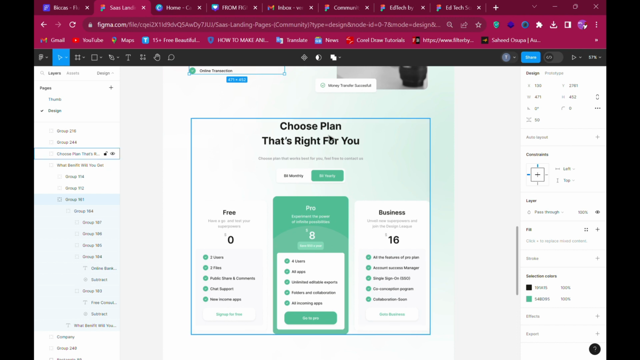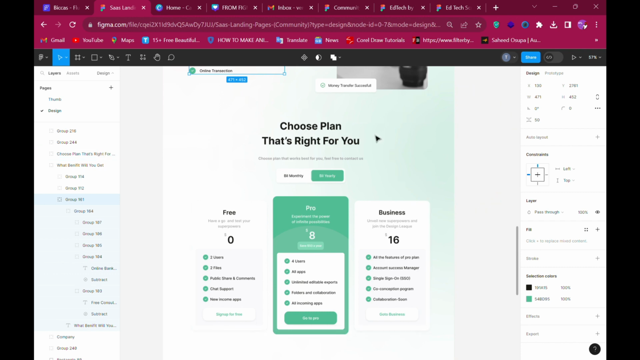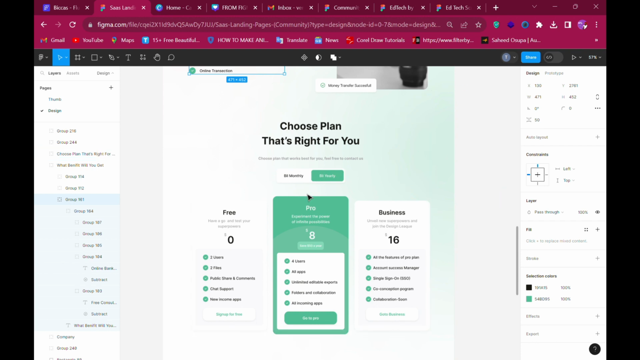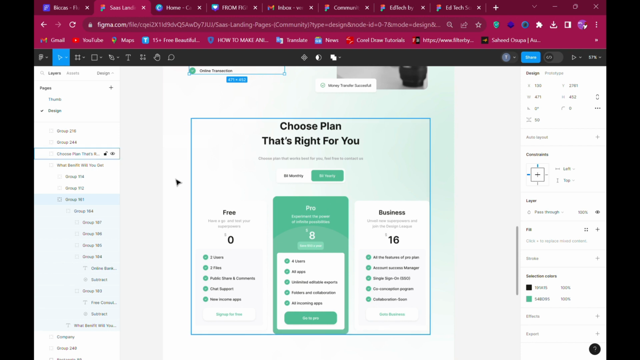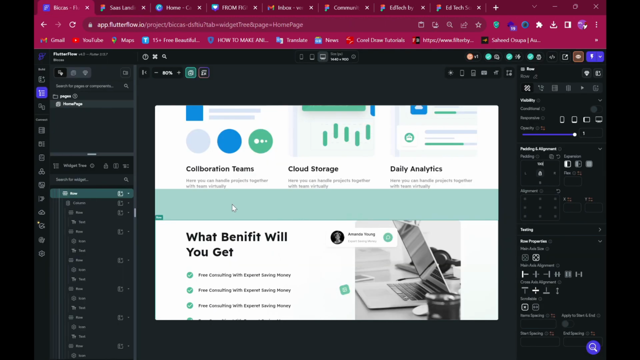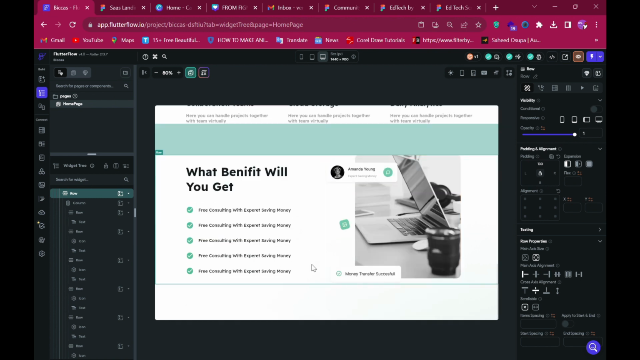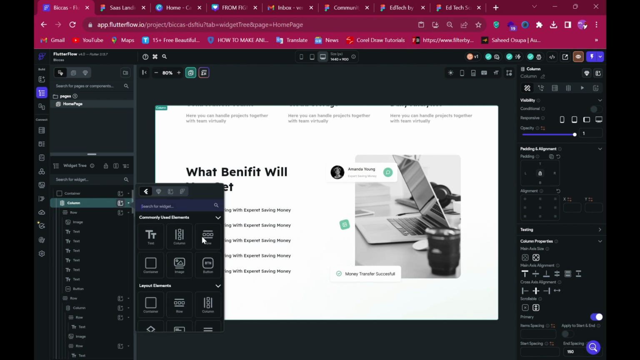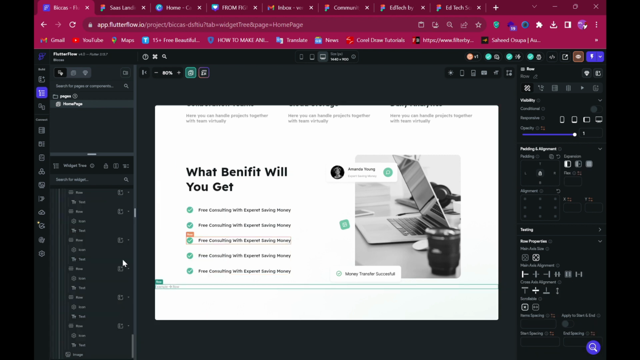The next part is this part here. So we are going to have a row, then a container, then a row inside that container. Let's just have it there. So let's go down, select this column, and we add a row inside it. Then inside that row we are going to have a text,